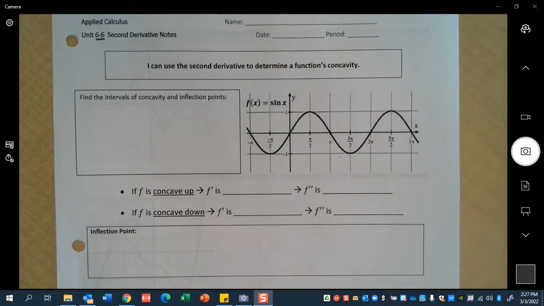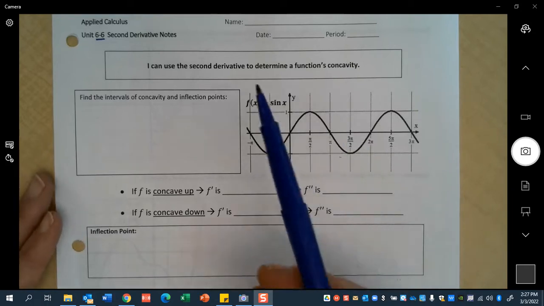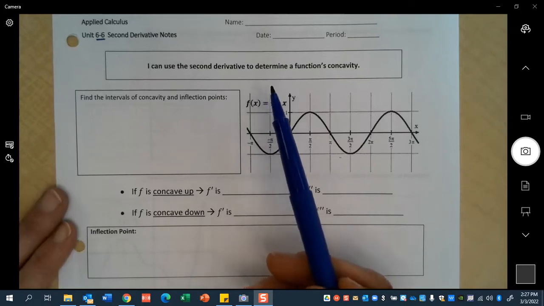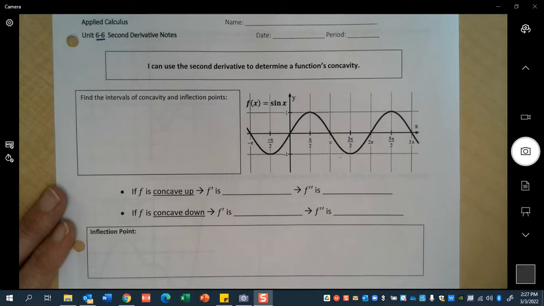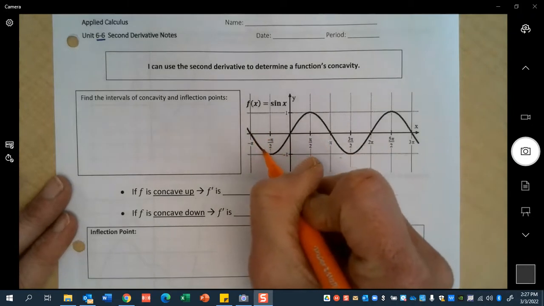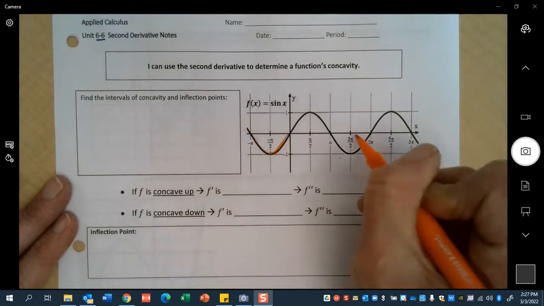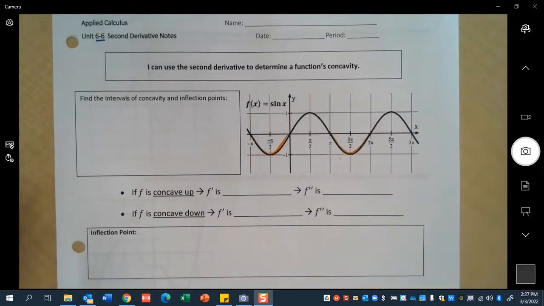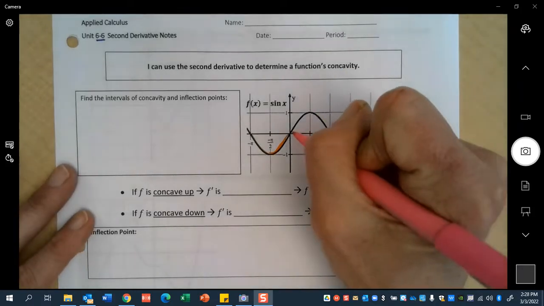We're going to quickly talk about our notes for unit 6-6 and our second derivative. We can use the second derivative to determine a function's concavity. So we'll look at our function here, and we can summarize when we see that function looking like it's up like a cup in these two scenarios, and when we see our function looking like it's down like a frown